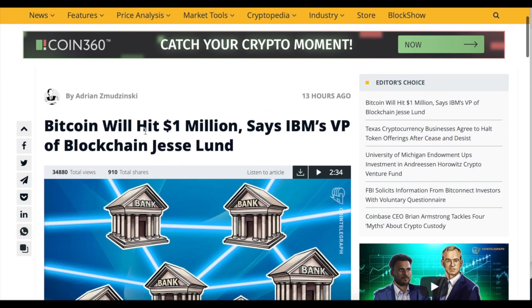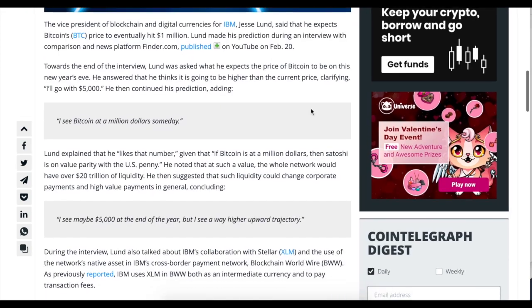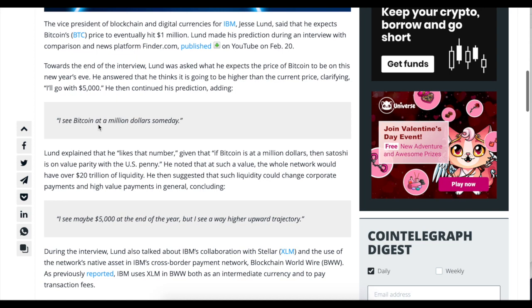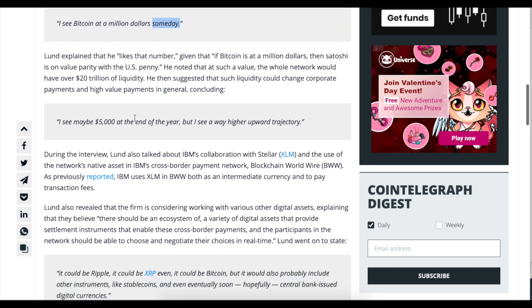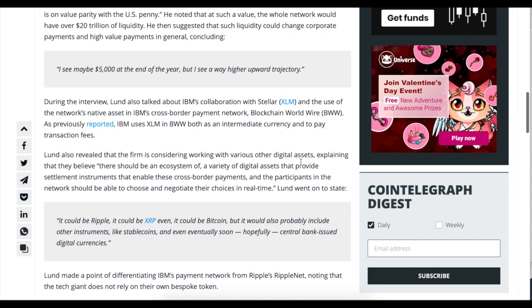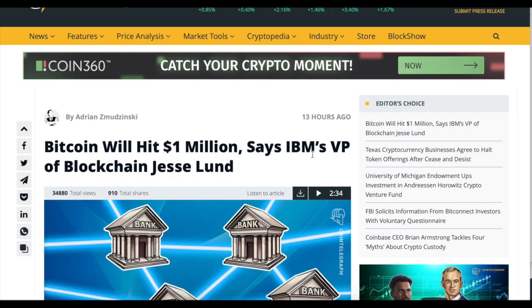Okay, let's look at some news. This one is from the Vice President of Blockchain at IBM: Bitcoin will hit $1 million. He said literally, I see Bitcoin at $1 million someday. Well, apparently someday Bitcoin will be $1 million. For this year, he said, I see maybe $5,000 at the end of this year, but I see a way higher upwards trajectory. So again, people are becoming more and more bullish, even these high-level executives of huge corporations